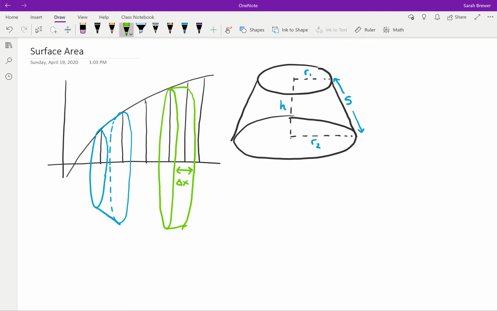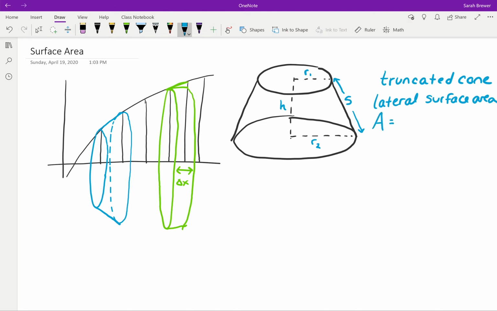But when we're finding surface area, we want as good of an approximation of that actual surface that we're going to see as possible. And so rather than approximating these things as cylinders, we're going to approximate them as what they most closely resemble, and that is truncated cones. And in order to compute the lateral surface area of a truncated cone,